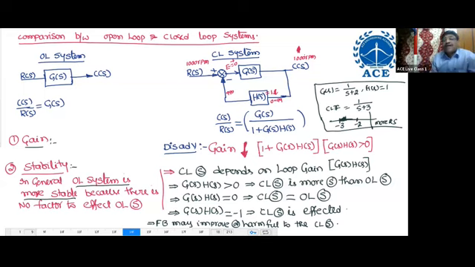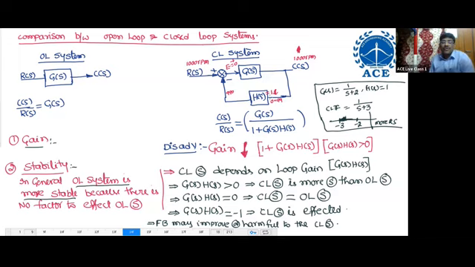But getting more than 1000 RPM because of what? H of S. That means if H of S is changed, then what happened? The accuracy of the system is going to be changed. So no doubt closed loop system is more accurate, but it depends on what? H of S. If H of S gives the stable value, no doubt closed loop system is highly accurate than